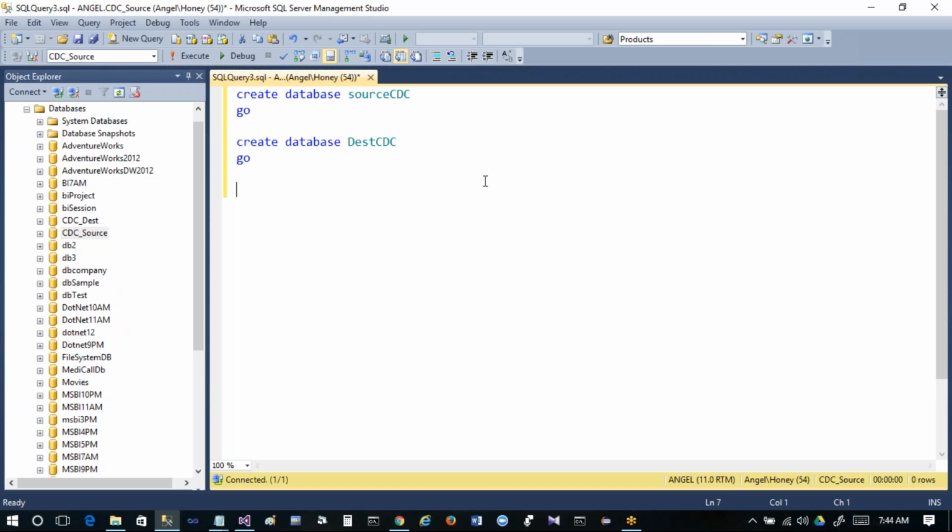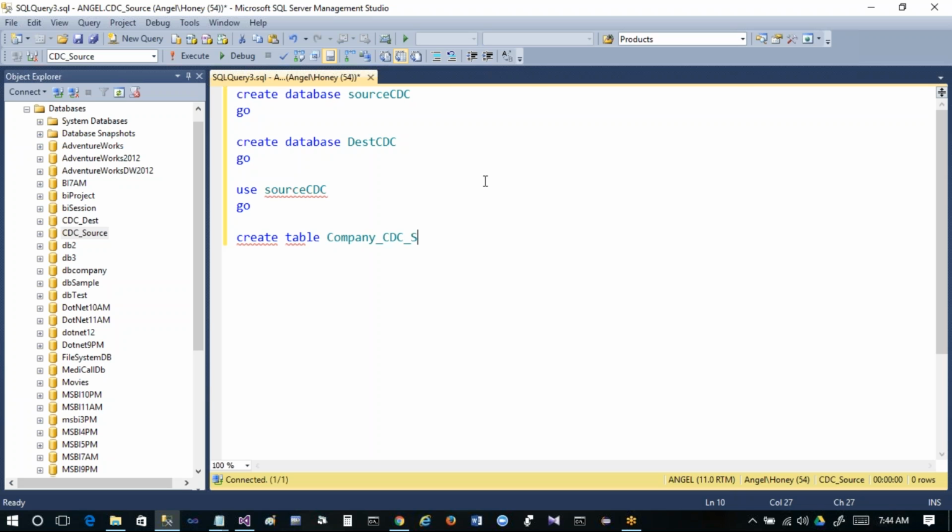After that, I'm connecting to my source CDC and creating some table. Creating a table called company